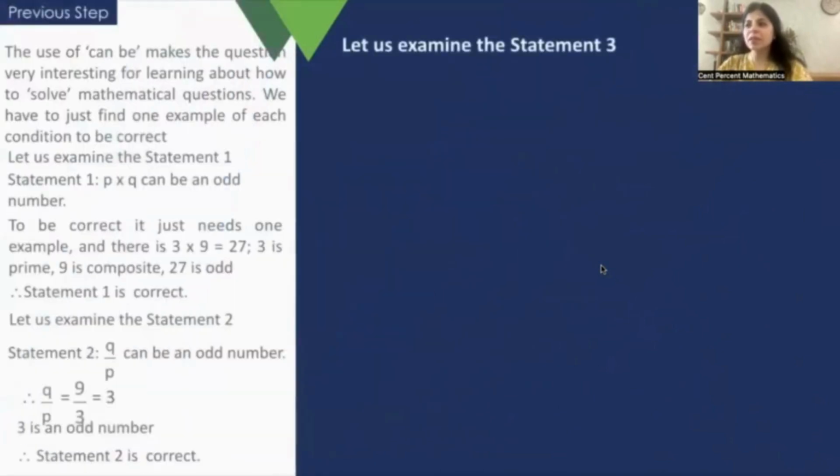And let's examine the third statement. There, P plus Q